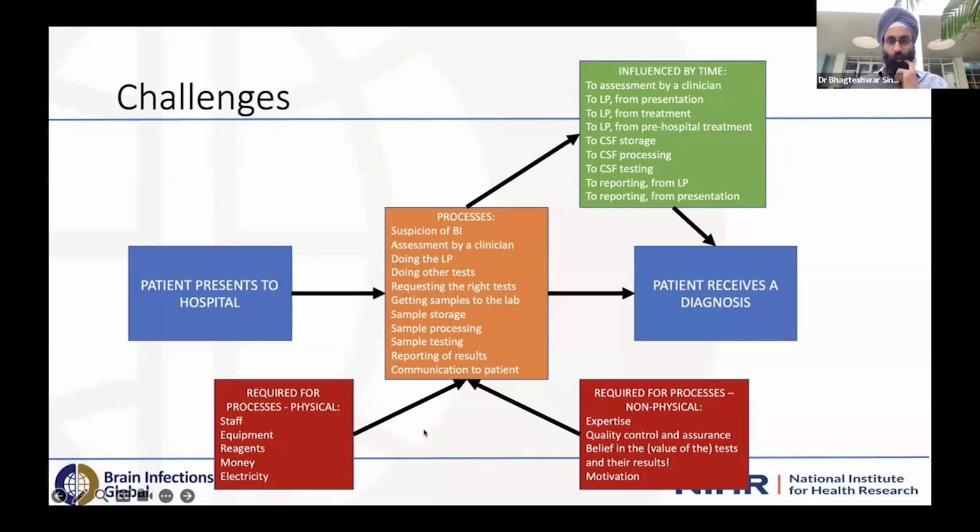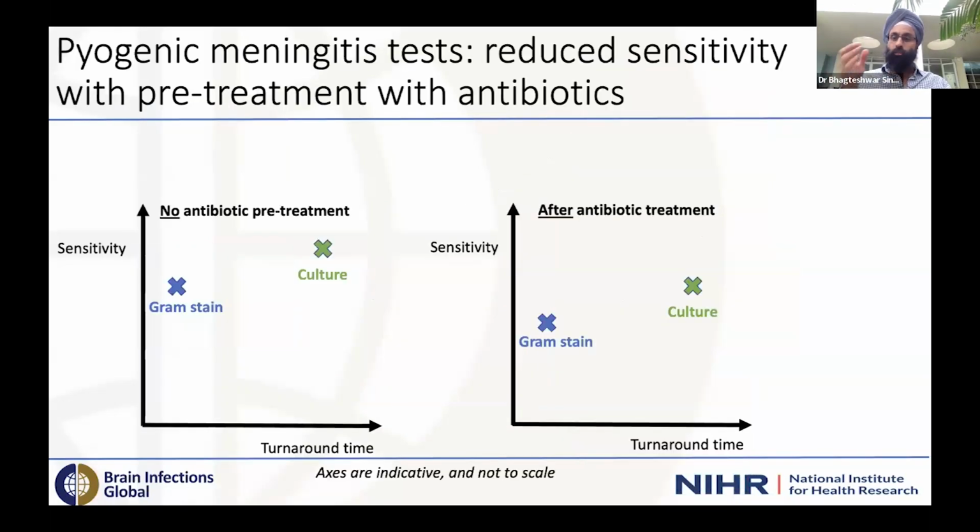Those of us who work in healthcare or in health research know this concept broadly, but this is just to illustrate the complexity that there is. And just a couple of examples. When we're looking at pyogenic or bacterial meningitis, there's a problem in terms of people needing to be kept alive by early antibiotic therapy versus the need to find out which bug is causing the infection.